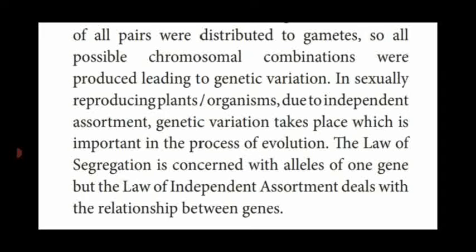So all possible factors of the gene combination are expressed in the F1, F2, F3 generation independently, which leads to evolution. Genetic variability is also produced in this law, that is said to be the law